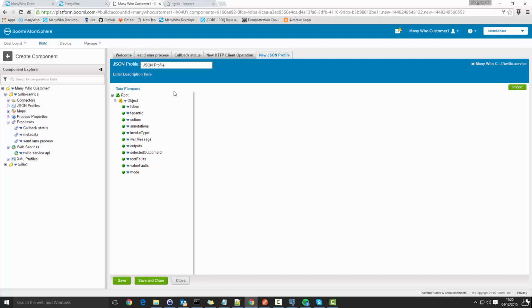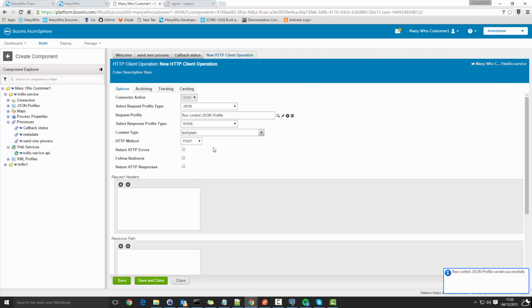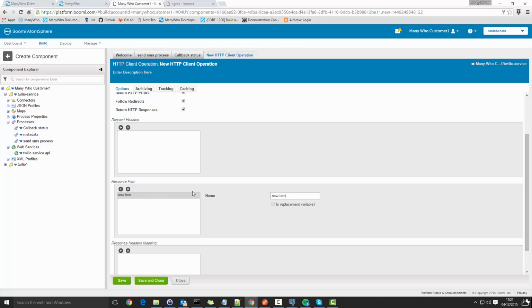We are going to call this flow control. Now that we have the request profile, content type application JSON, select that, and the path